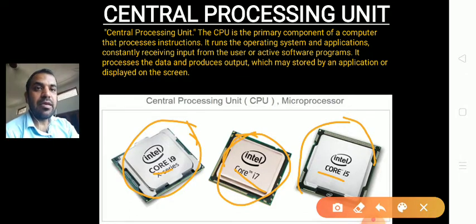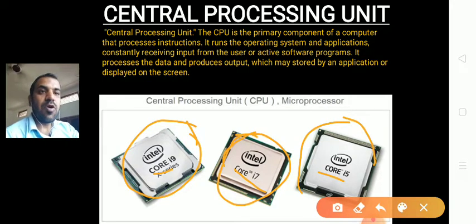You can see the definition. The central processing unit, the CPU, is the primary component of the computer system that processes the instructions given by the input devices. It runs the operating system and applications, constantly receiving input from the user or active software programs.